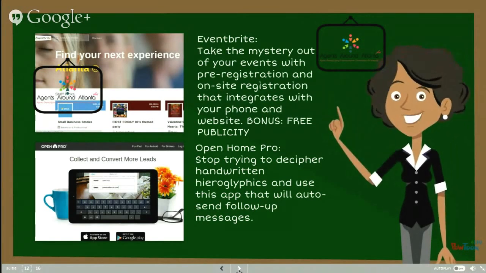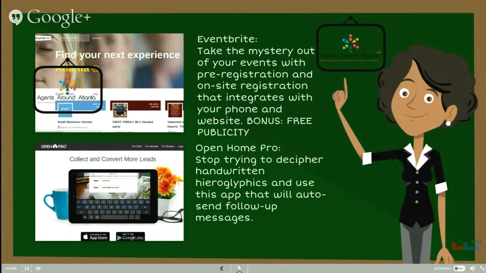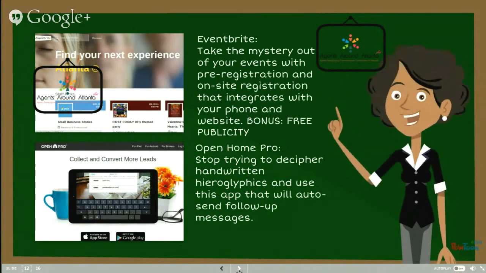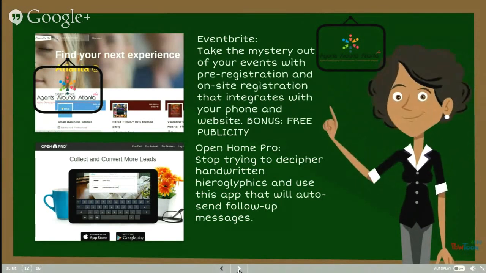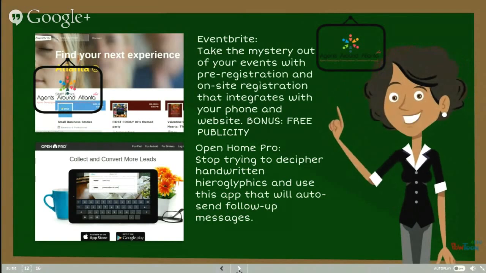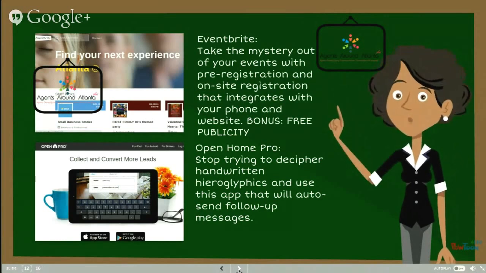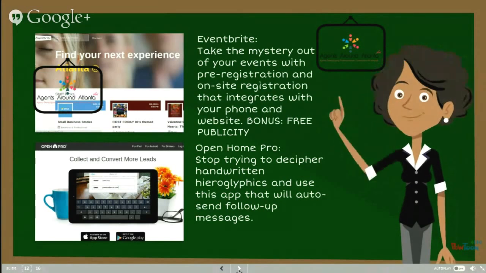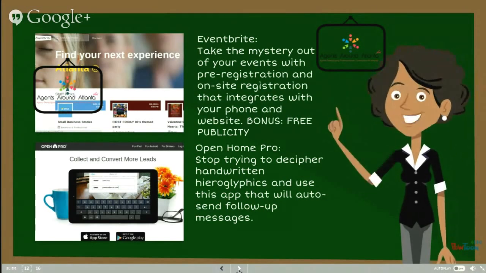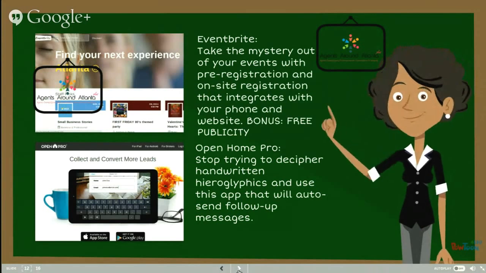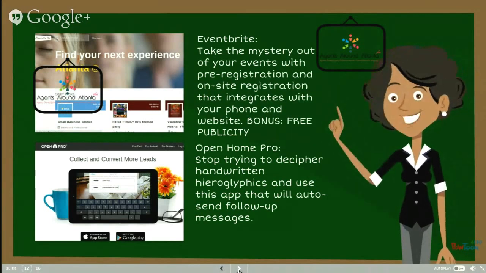Second thing that's an oldie but goodie is OpenHomePro. I love this app. It's available again on Google Play or through the App Store, so you can use it on your phone, on a tablet, iPad, whatever you have, if someone is coming to an event you're having. It doesn't just have to be an open house. When I say event, maybe you're hosting a home buyer seminar, or maybe you're attending a local fair and you have a booth. Any event that you are at, any opportunity where 5 or more people that want to talk to you potentially show up, I recommend either one of these apps